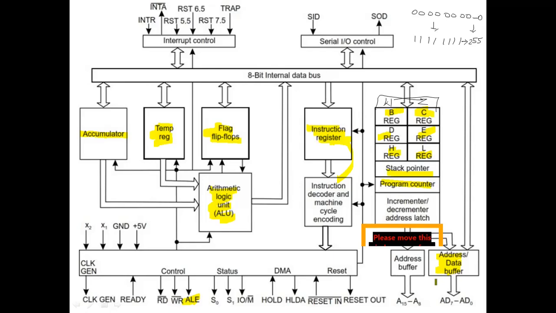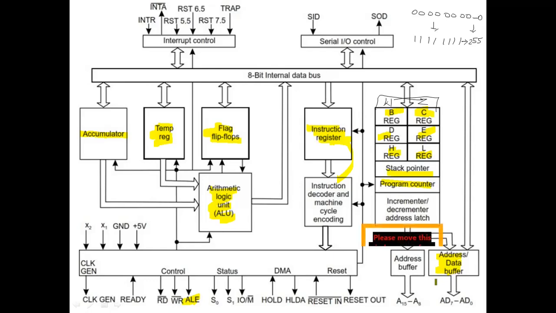We have interrupt control. An interrupt is to stop something. When a microprocessor is executing something, and I want to stop that particular work and execute some other work, then I can give an interrupt signal. For the interrupt signal, we also have something called INTA. INTA is nothing but interrupt acknowledgement. The signal sent by the microprocessor to acknowledge an interrupt signal is called INTA.